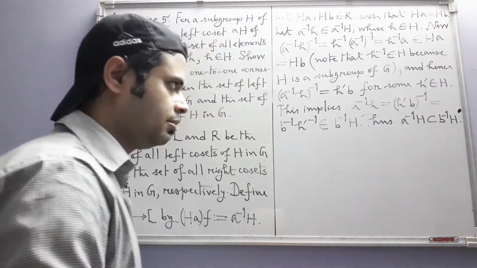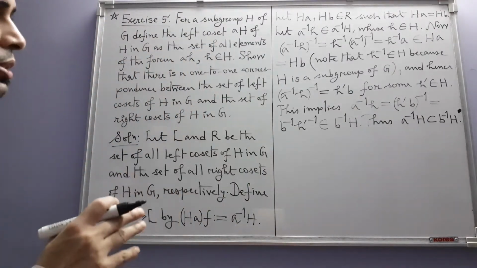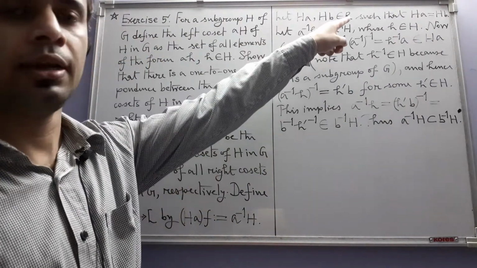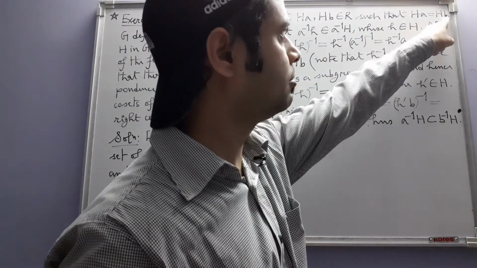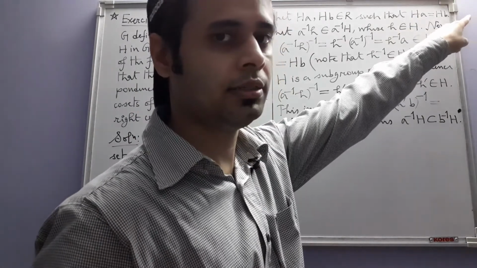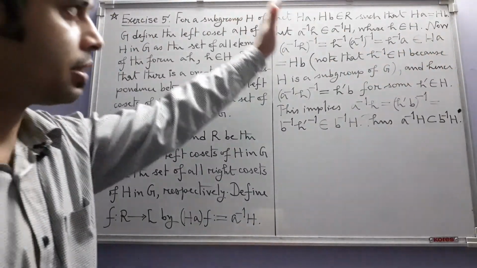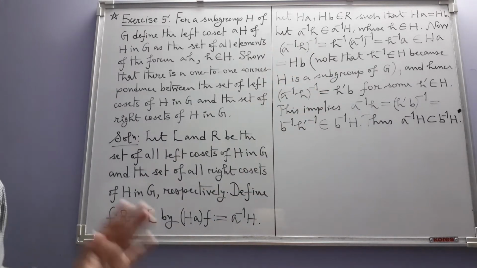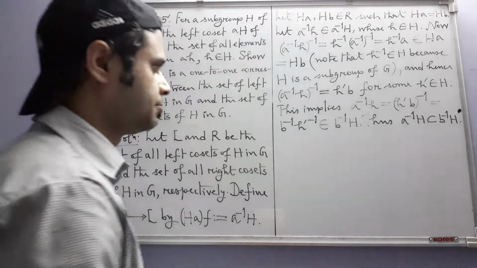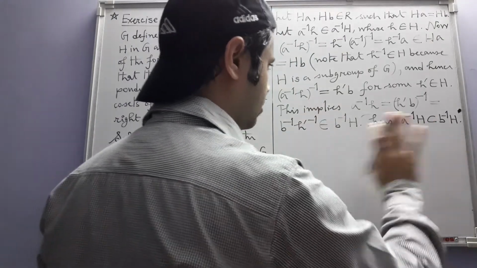A and B we can interchange, because after all they are just arbitrary elements in R and they are also symmetric with respect to this relation. You can write HB here, you can write HA there and run the whole argument with A and B interchanged. Still you will have the same thing. I mean still the argument will hold.